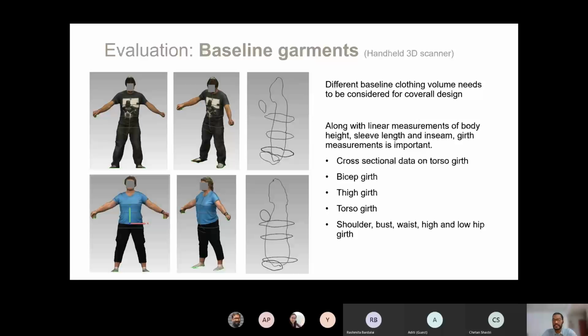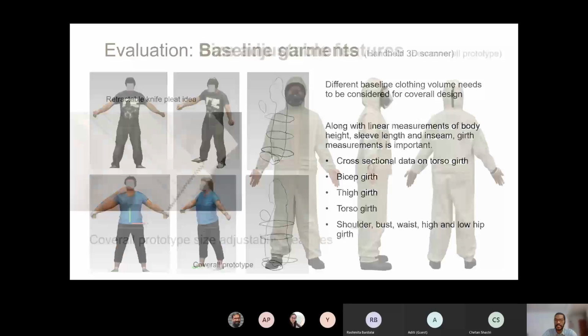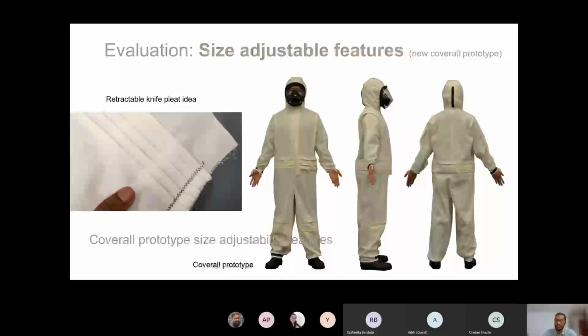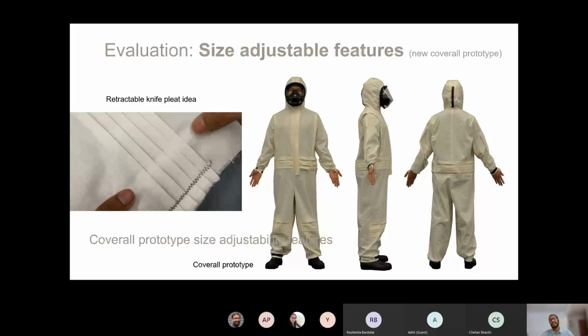So these were the findings from that study, and the findings from the 3D scanning were then incorporated with the new design features that we were trying to propose that would take care of the issue